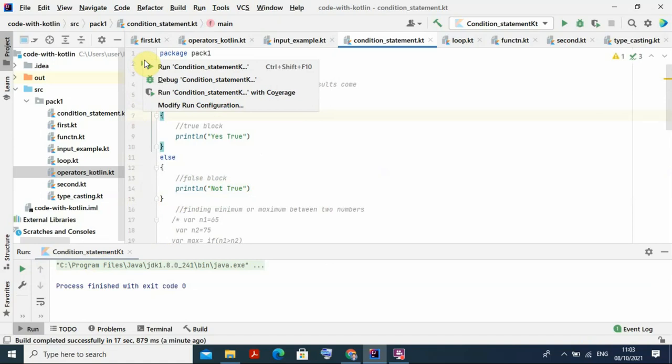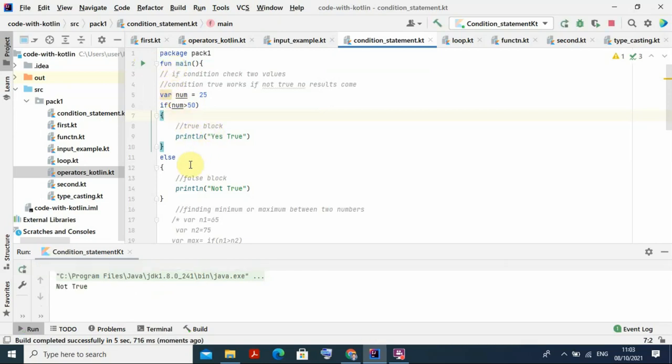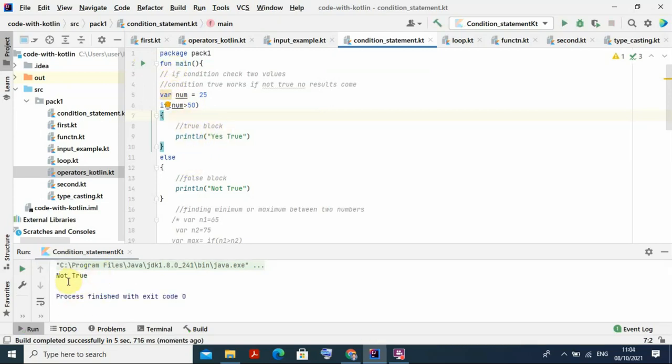That is the reason why you go for this if else statement, because if only it checks two things, and if the condition is true, then it enters the true block. But if the condition is false, the condition is not met, then it will be unable to print any statement. That is the reason. If you go for these two, you can clearly see that output is coming out.